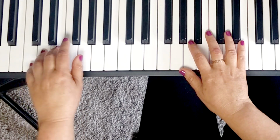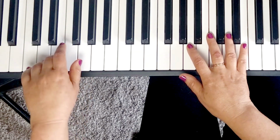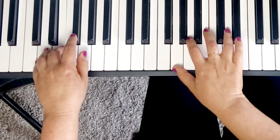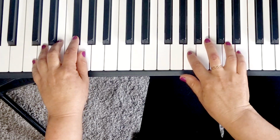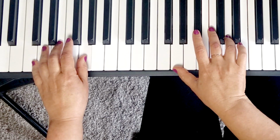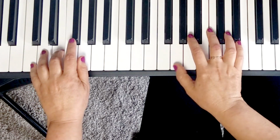All right, pedal was down. Now we're going to lift and change it as soon as we play the left hand. Change, change. Repeat that. Change,